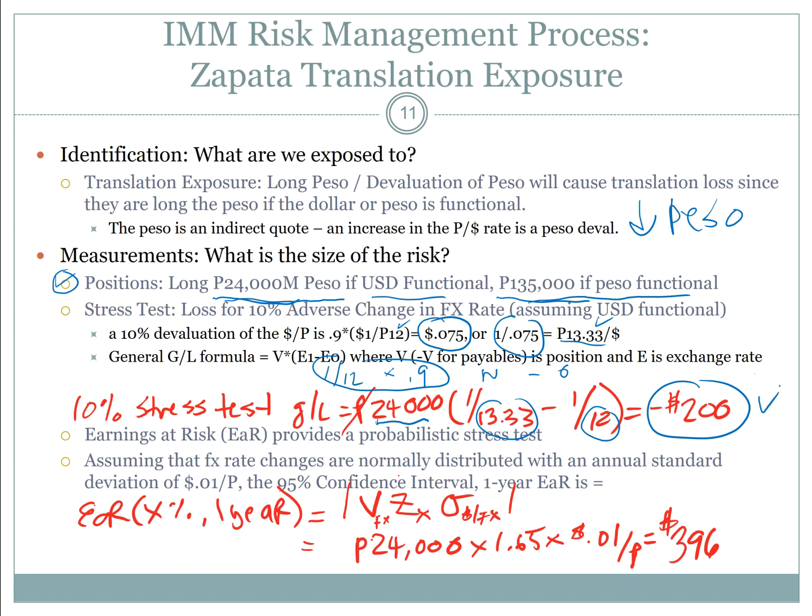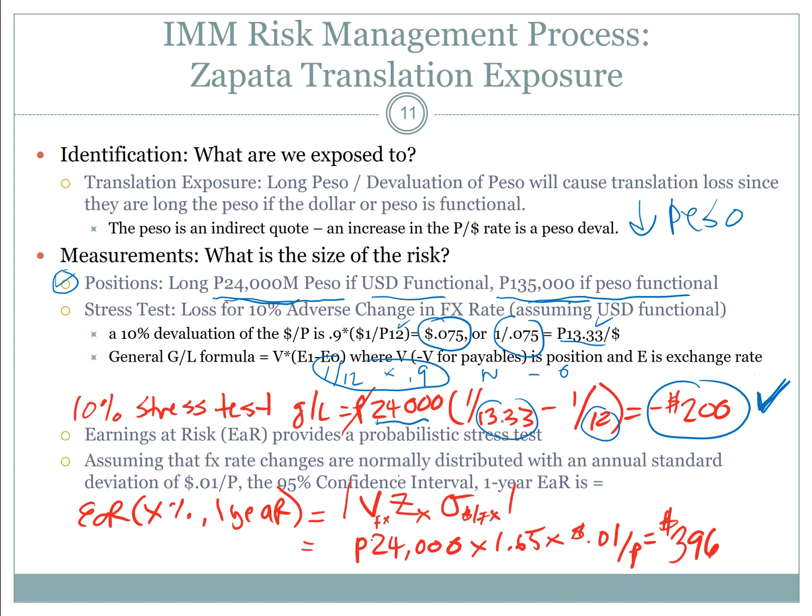The nice thing about this measure is you can just have a 1% change or a 5% change stress test, but you don't really know what that means. Like, how likely is it for a 10% change in the exchange rate? So for that reason, probably the more popular measure of how much I could lose would be an earnings at